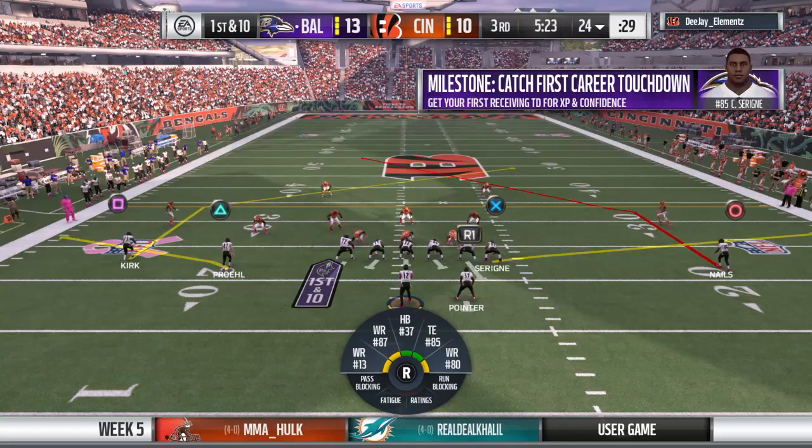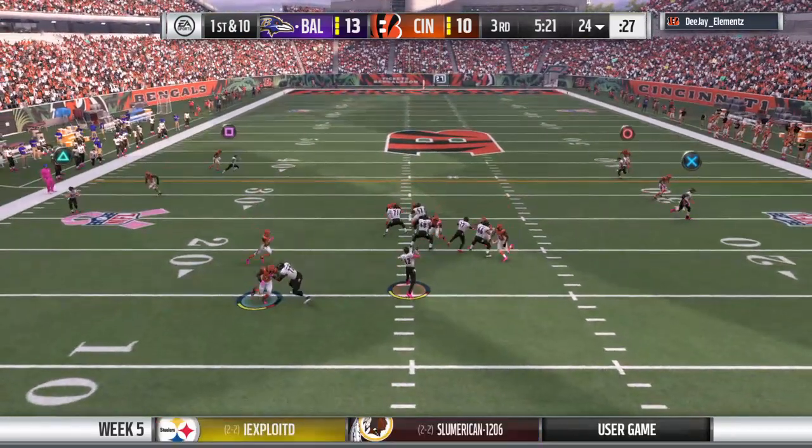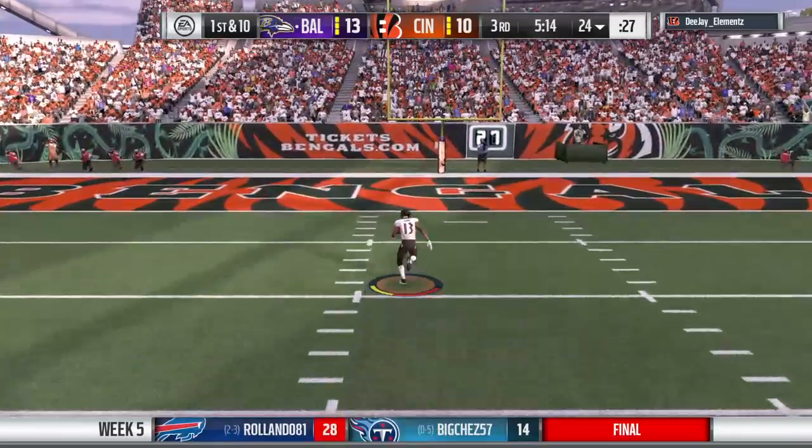Well, we talk a lot about pregame speeches. What are halftime speeches like? For the most part, not nearly as emotional. They're a lot more...